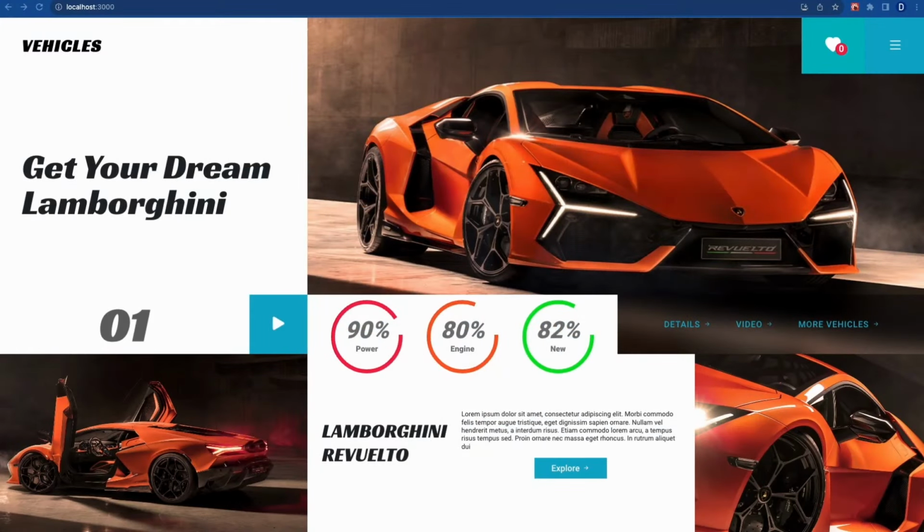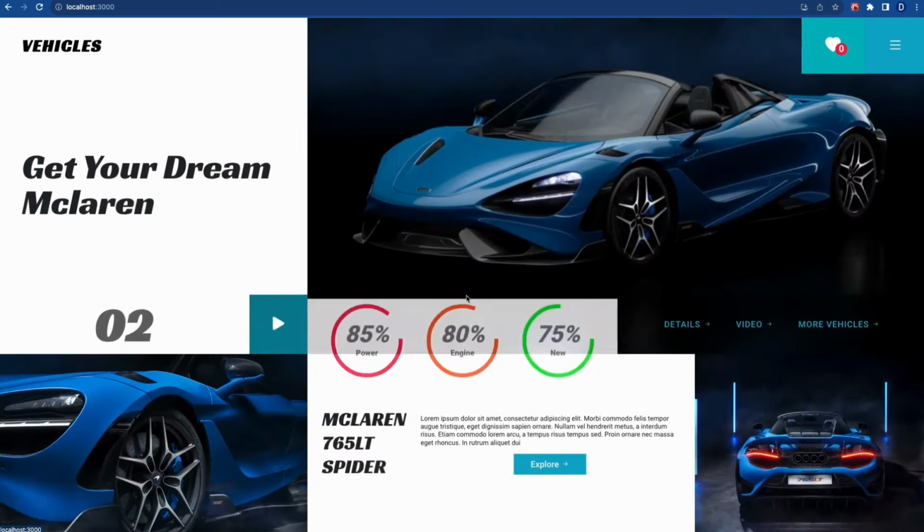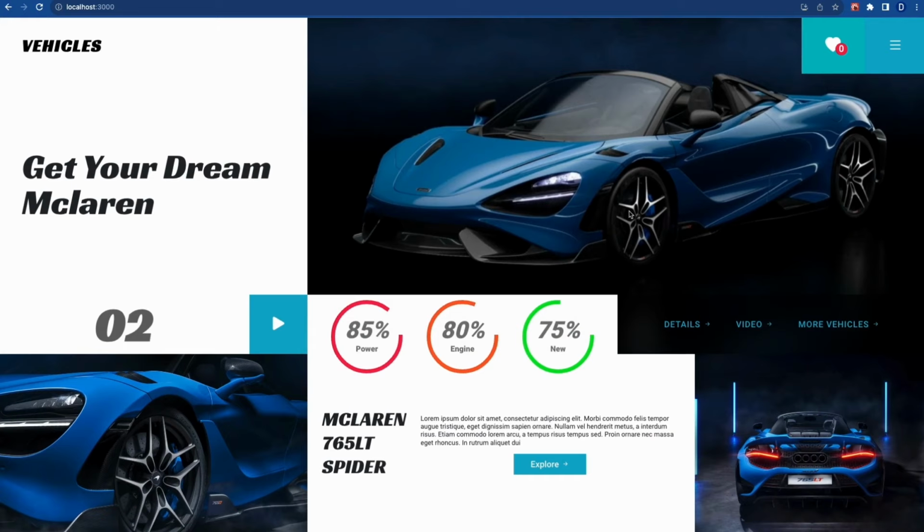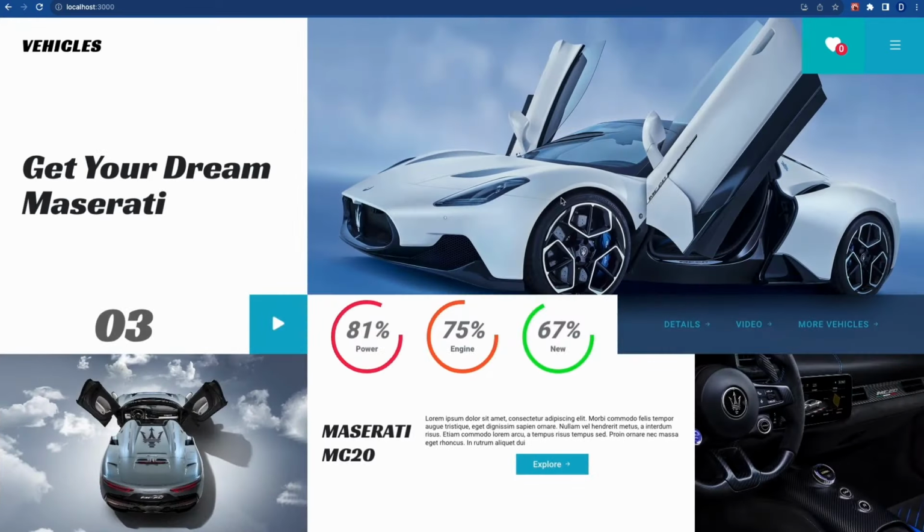My name is David. Today I'm going to show you how to build this amazing and cool sports car website using React.js. You've got this beautiful banner page with all these sliding effects. When you click on the slide button, it'll move very coolly to the next page with all this animation happening to the image and the background text. You see this one? The image zooms in and zooms out, and the text has a sliding effect